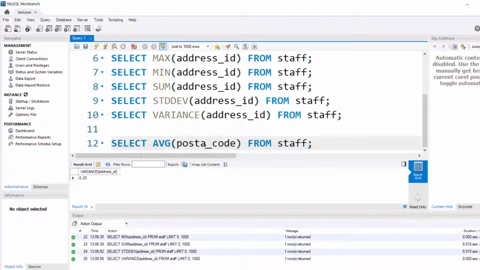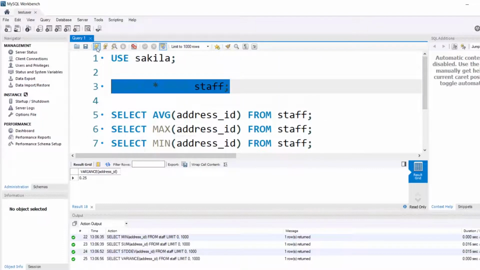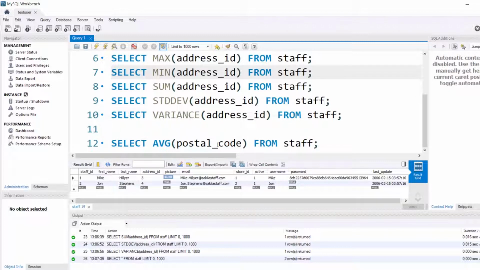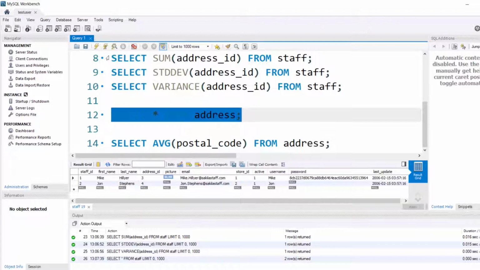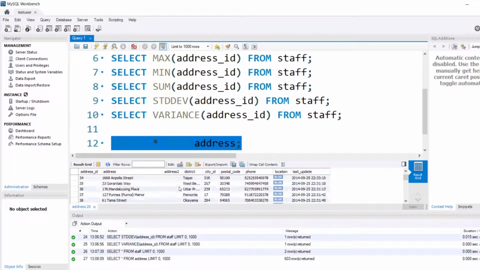So let's actually execute this query, select star from staff. It should be in addresses, or address. So first of all, I'm just going to select everything from address, select star from address, and if I execute it, here we have the list of all the addresses, and here we have postal codes, and a few values in that postal code field may be null.